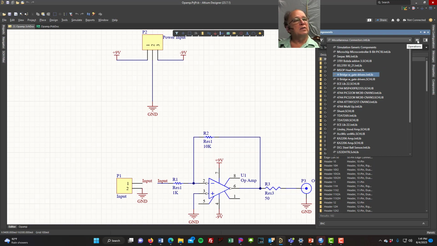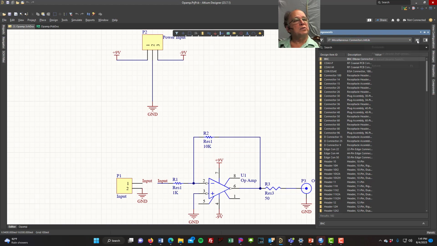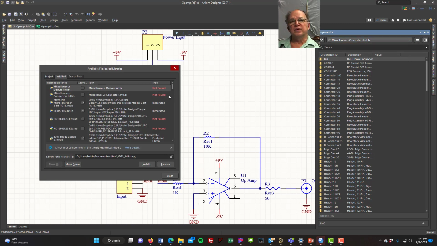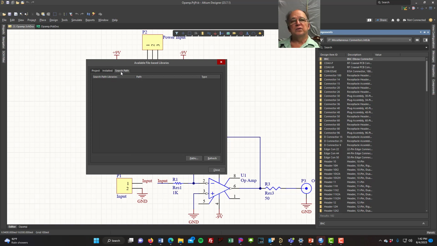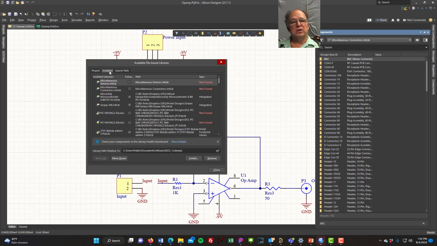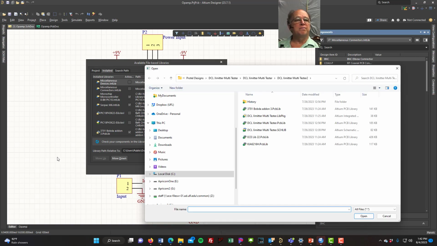So I'm going to click this box with the three little bars and select File-Based Library Preference. Now you can see there's Project on this tab, Installed, and Search Path. We're going to click Installed, and I'm going to tell it I want to install a library. So here's a project I was working on. I can look at this and say, all right, yeah, I want to install these libraries. I want to install the schematic library